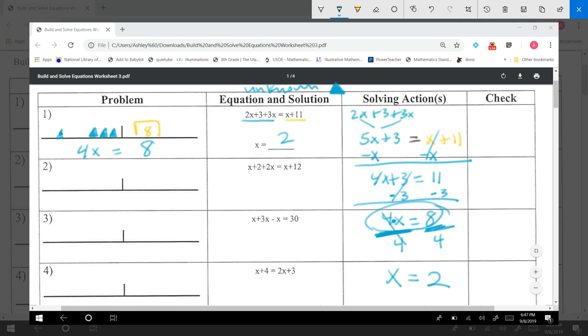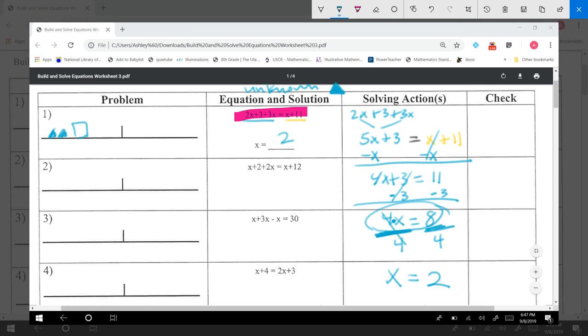Under the check, you could go back to the original equation and plug it in. So if you go back to this equation we started with and plug in a 2 for every x and then simplify both sides, we're hopefully going to get the same amount. If you aren't erasing part of your picture, as I was, to show you the steps, we started with,